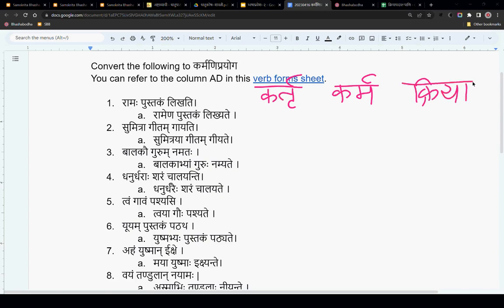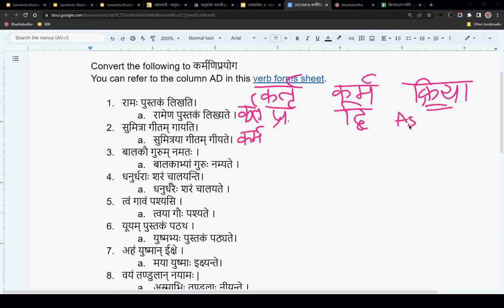Kartrupada will be in prathama vibhakti in kartari prayoga. And karma pada will be in which vibhakti? Dvitiya. And the kriya pada's purusha and vachana will be as per the kartrupada.